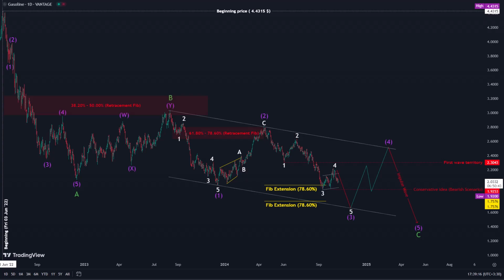Wave A has been identified as an impulse pattern, whereas wave B is recognized as a double zigzag that retraces between the 38.2% and 50% Fibonacci retracement levels. It is expected that wave C will terminate with an ending diagonal. The first wave is defined by an impulse pattern, and it is expected that the third wave will similarly adhere to this impulse structure. Once this is completed, the market will transition into the fourth wave, which will overlap with the territory of the first wave.